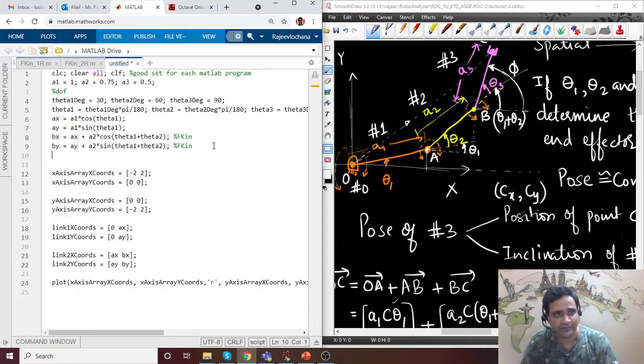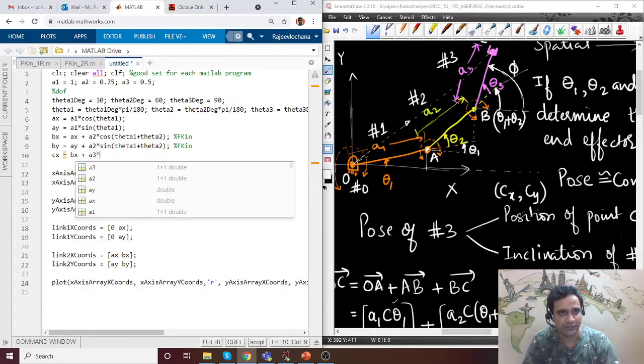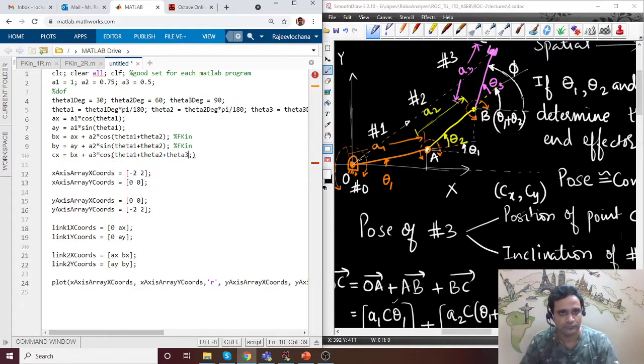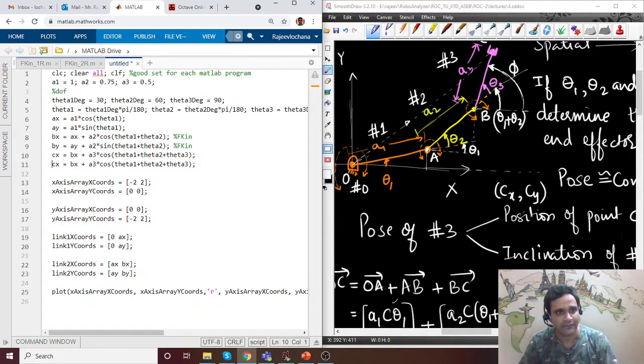Now CX is going to be the X component of B plus A3 into cos of theta 1 plus theta 2 plus theta 3. Similarly we'll have the Y component, which will be BY plus A3 into sine.